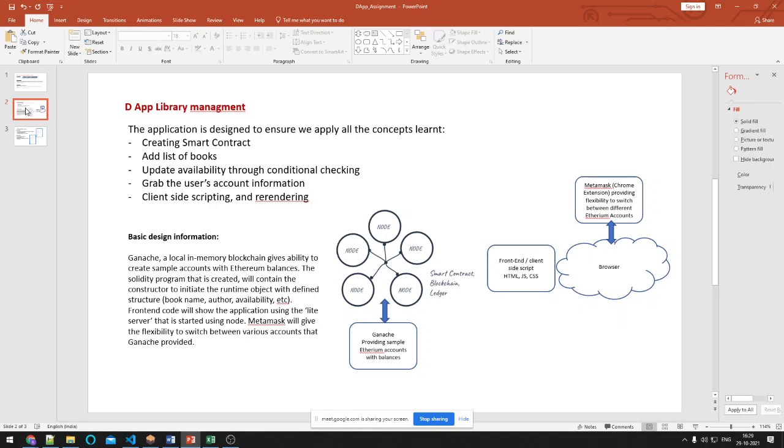Then our code, which includes the JavaScript code and the HTML code, will be using that MetaMask extension and fetches the account information and then passes it to the backend code as well. So this is the basic design, and let me move to the next slide.